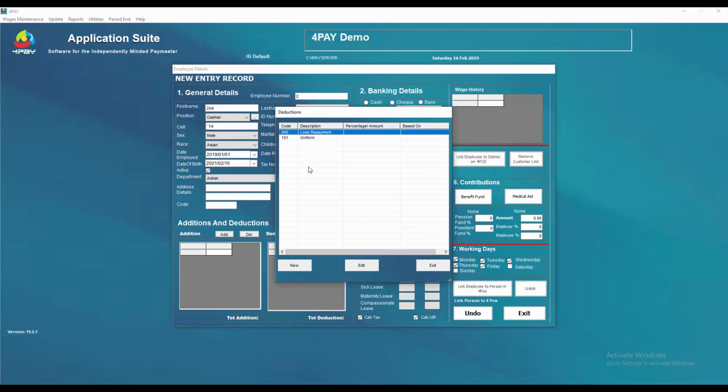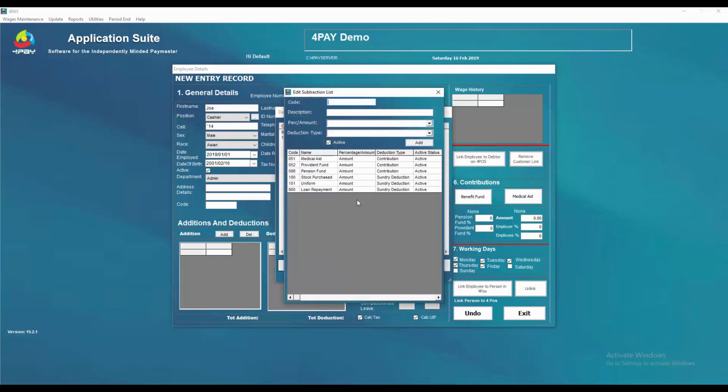You can see by default it's got a loan repayment option there with code 900. Rather leave it there. It's got special functionality, so it deducts automatically from the loans if they do have any. If I want to add some other items there, you'll see that it caters for all the basics, medical aid and so on. So let's add something else, and say that this is code 105, for argument's sake,